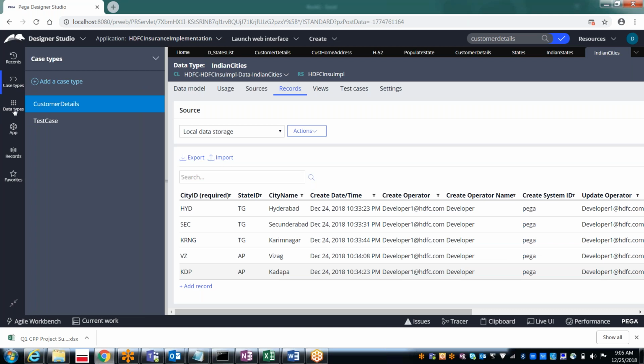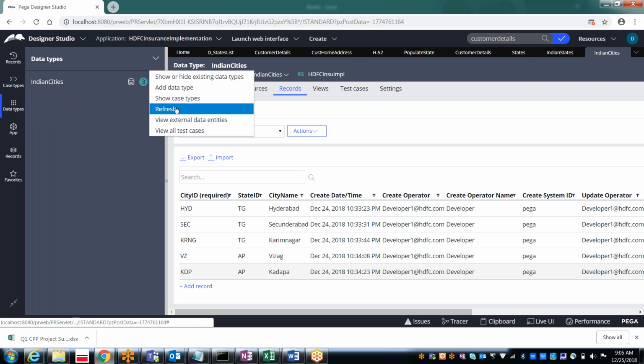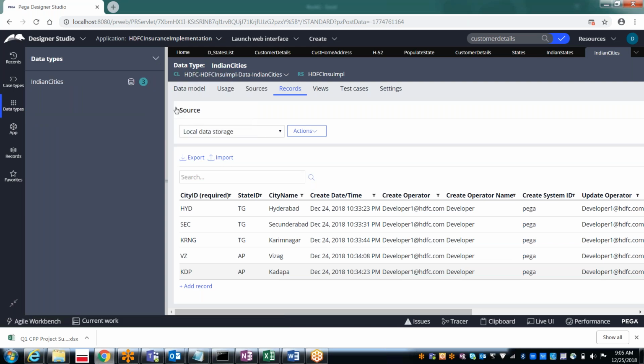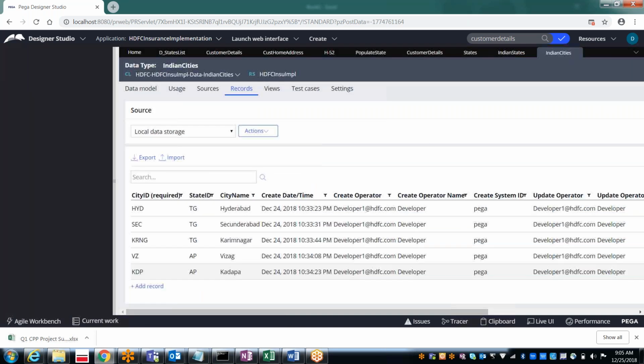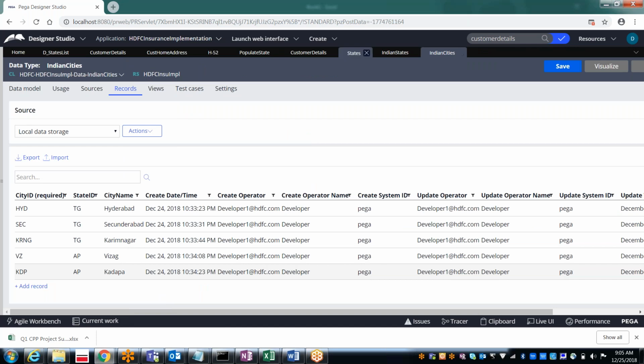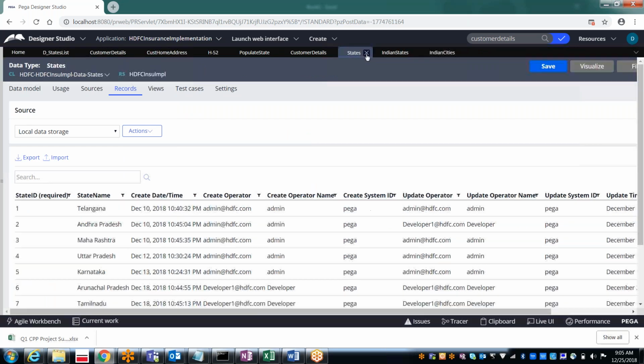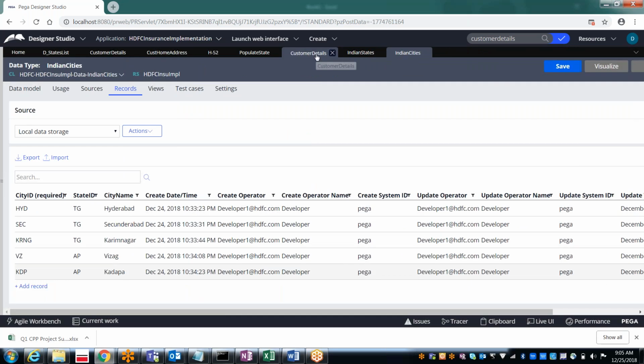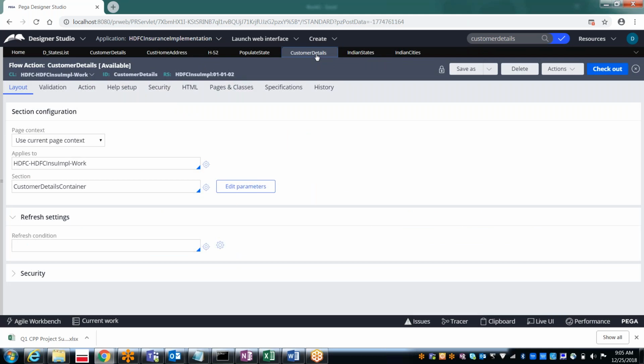Refresh. Exactly. Anyway, no problem. So here we can refresh it and we can see. So next thing we have to do, as we have both of them, is first populate the values to these two properties in the UI.